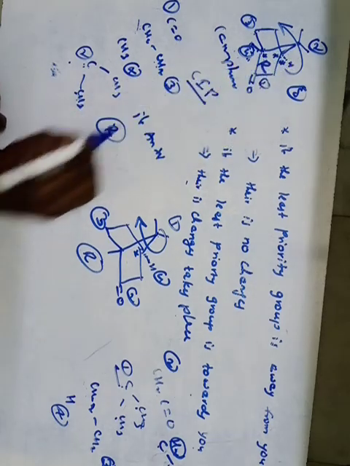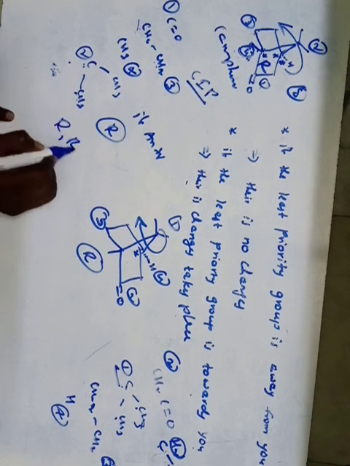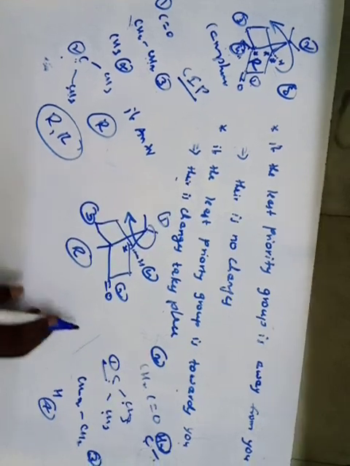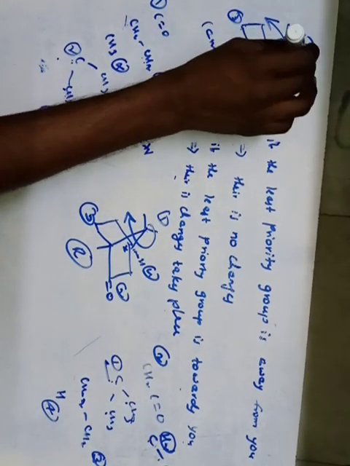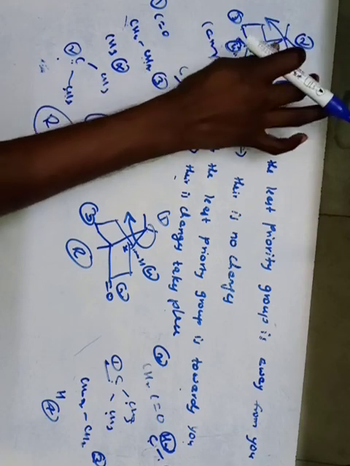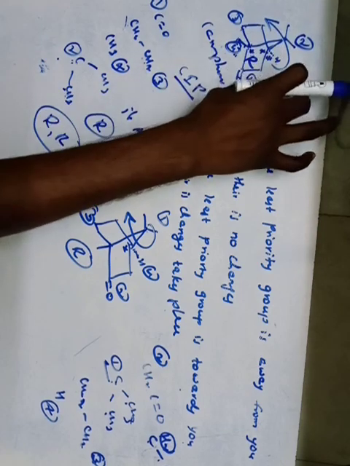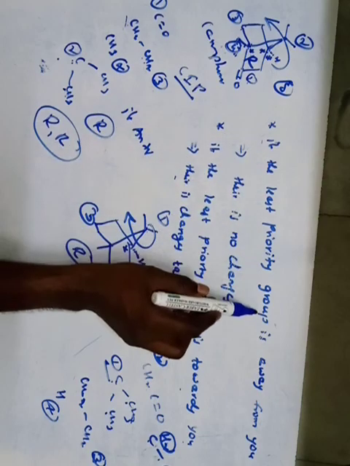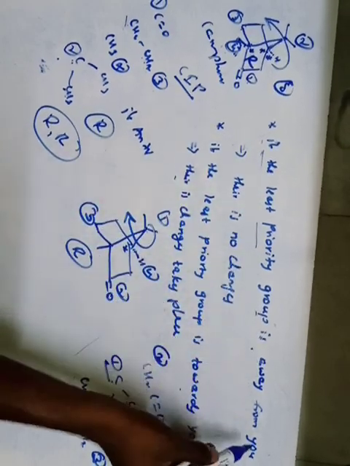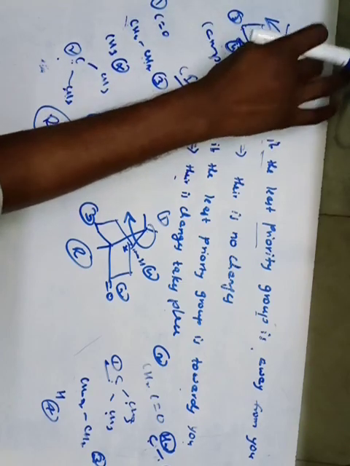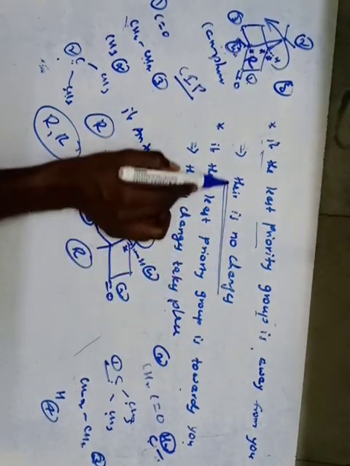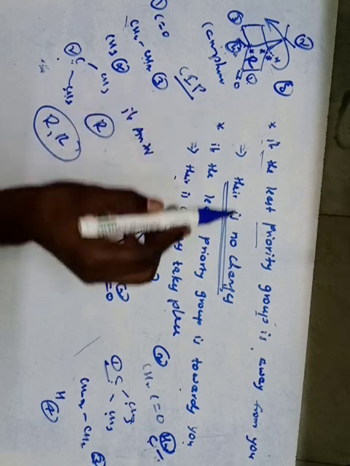So in this camphor, there is an R, R configuration. See here, there is no change that takes place, because this hydrogen is away from you, meaning this is behind this board. Okay, this hydrogen is behind this board. That's why, if the least priority group is away from you, meaning behind the board, there is no change whether it's clockwise or anti-clockwise.